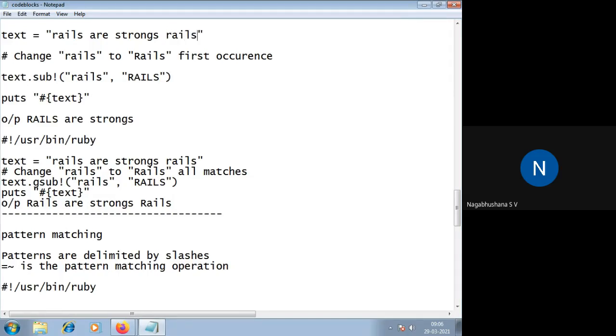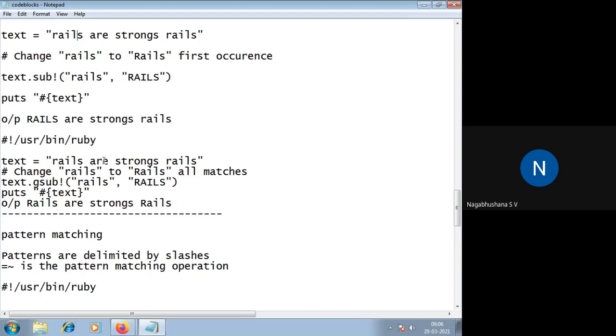In this case the output will be like this. See, there are two words, rails: first occurrence and second occurrence. It is going to replace only once, and the second occurrence remains as it is.